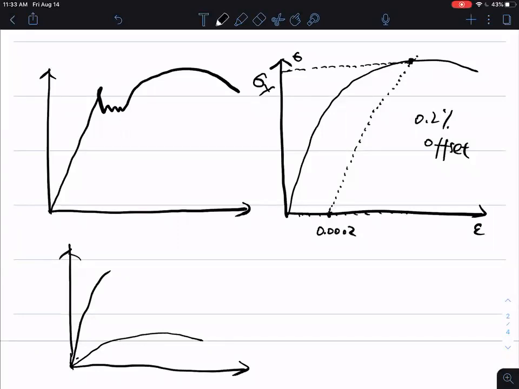It's right there. But it could have a much smaller ultimate strength, fracture stress, or yielding stress than this very brittle material. You could also have materials in between. It's all possible, depends on the property of the material. But